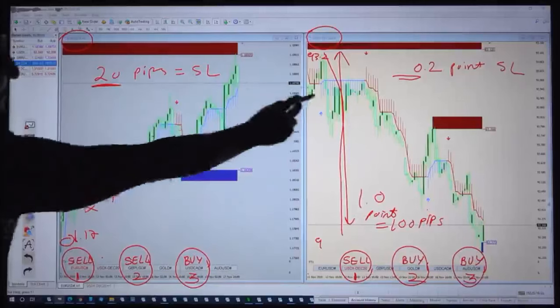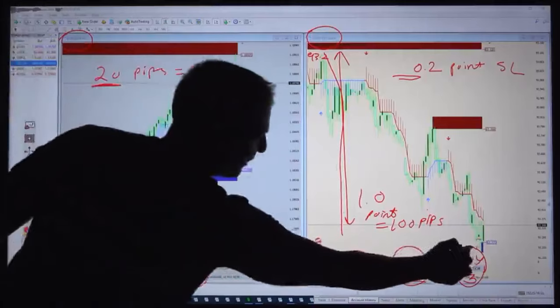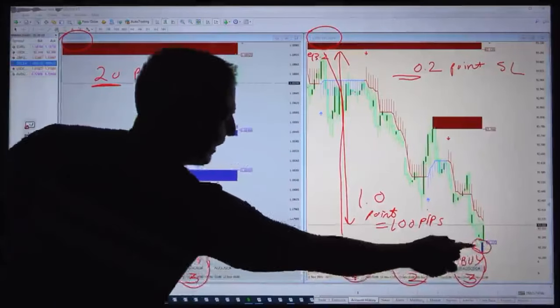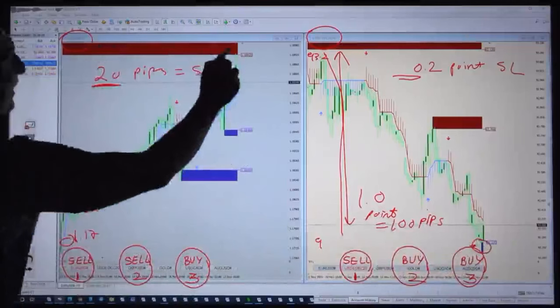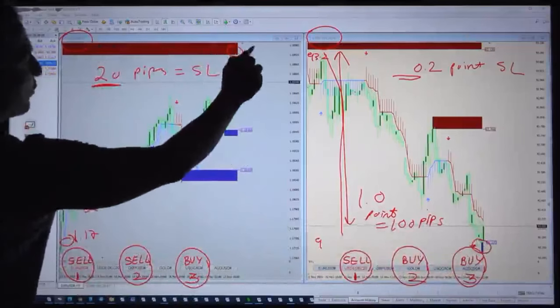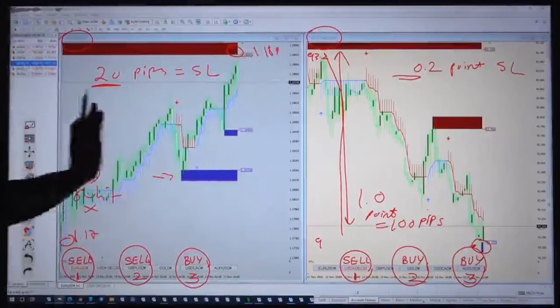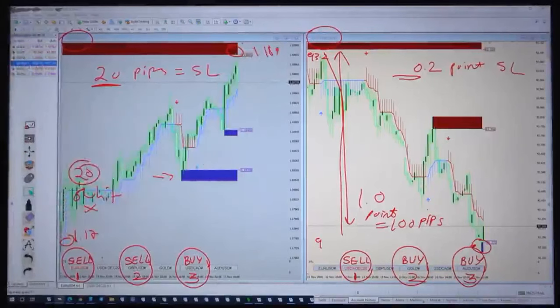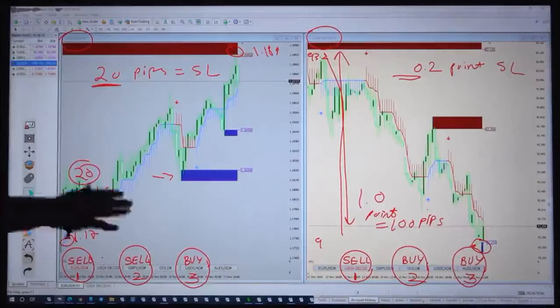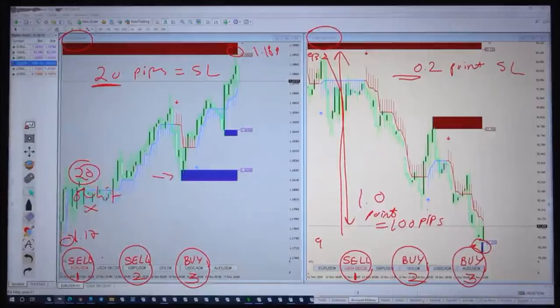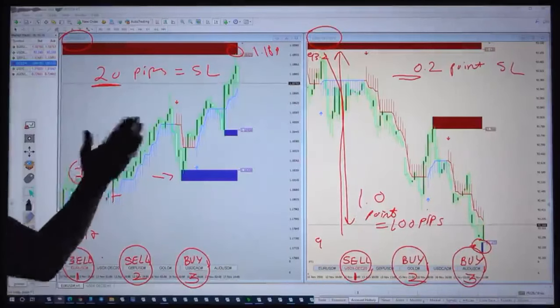And here you can see, here we exited because the support level has come, and here the resistance level has come. So here we have opened a new position from 1.189, and already this position is in profit. Here in USDX our loss is 0.2, here our loss is 20 pips. But if this falls, you will see the gain. If this goes down, you will see the gain. So this is how this Euro USD against USDX works. Now we will see the second pair.